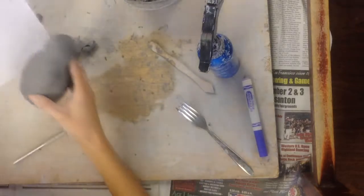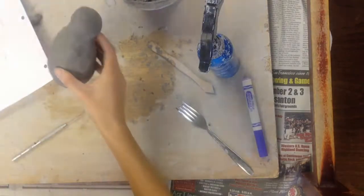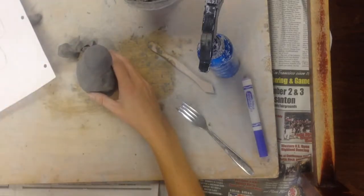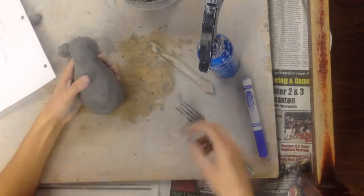Okay, I've got the basic body of the cat. You can kind of see it right there. Okay, and now I have to add all the other things like the legs and the tail and stuff, but this is the basic body of it. Before I go any further,